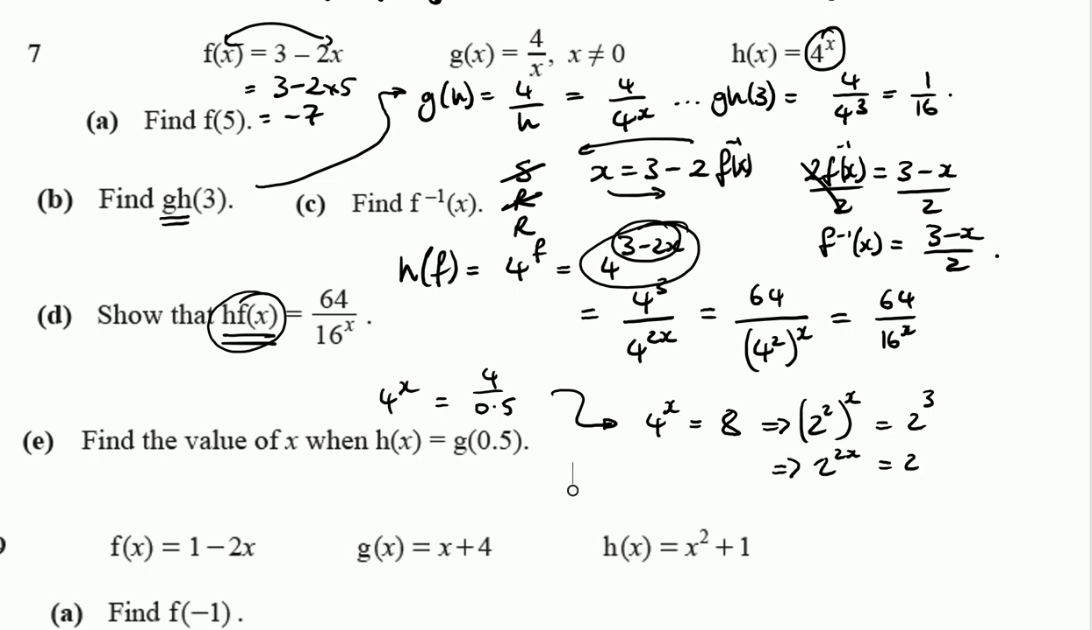And that's equal to 2 cubed. Now, 2 to the power of this equals 2 to the power of that. So this must equal that. 2x must equal 3, which means x equals 1.5. So if we're trying to solve an equation, and there's an x in the power, then we have to look at our laws of indices